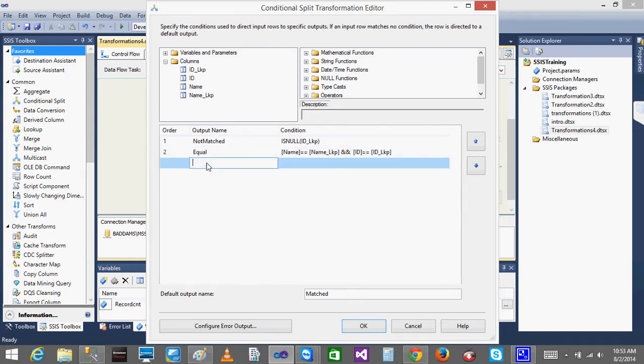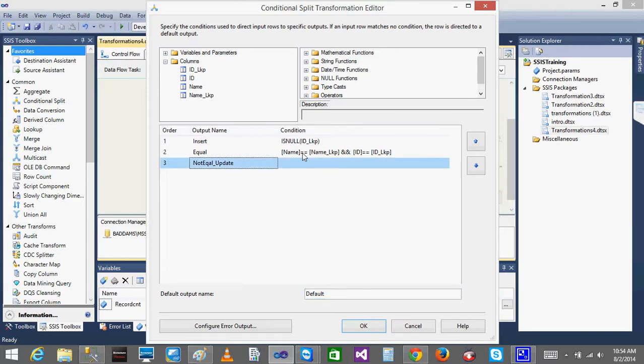Now I'll make one more scenario, not equal. If ID is null, then I'll make this output as insert. If name and ID are equal, then I will make it as equal. Not equal, and I want to update it. The default one, just make it as default.